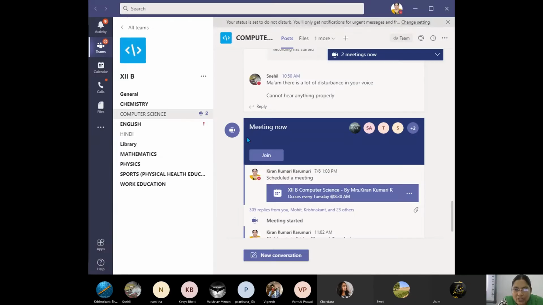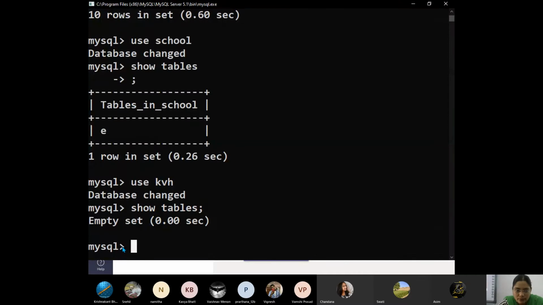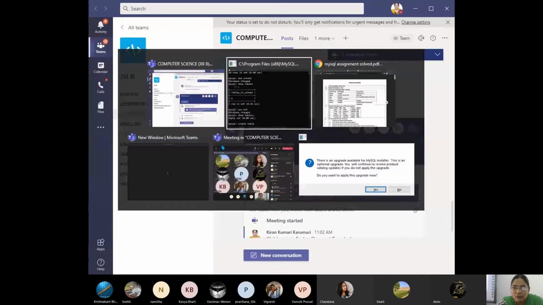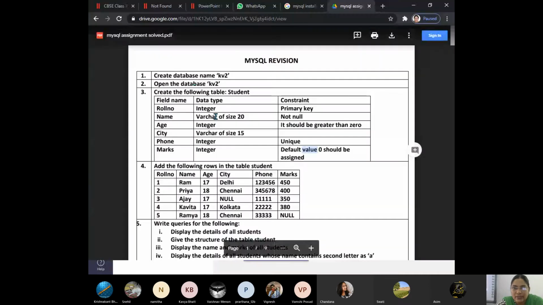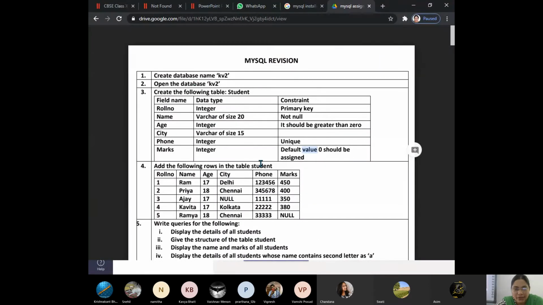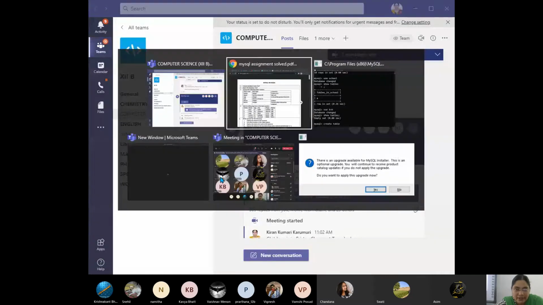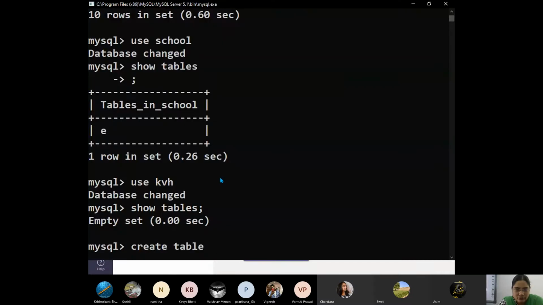Okay, so now shall we create? Create, what is the table? Table also should be used, keyword should be used. And what is the table name? Children, tell me what is the table name? Student. So what should I write here? Create table student. Yeah, and then open parenthesis.